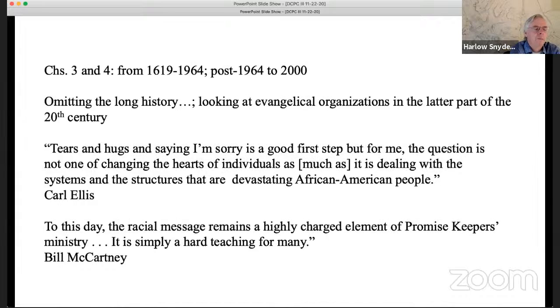And John Perkins was a Black pastor in Mississippi who tried to make relationships with groups like that. It was interesting that I actually met Perkins, I think in 1976 or something like that. My relatively mellow evangelical church in Boulder, Colorado, sent a van load of high school students down to Jackson, Mississippi to hang out with Perkins and do some volunteer labor and catch a little bit of his message. So we did that and actually got to meet Perkins and be a part of that ministry for